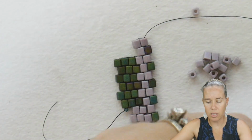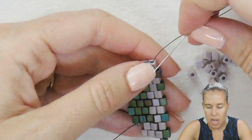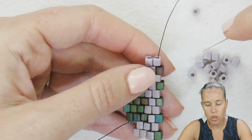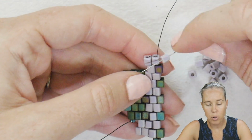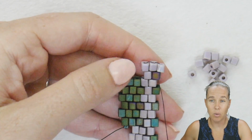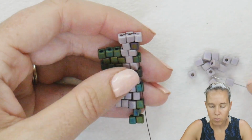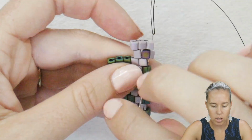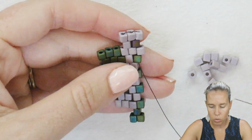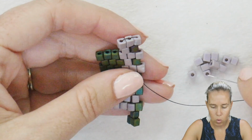And to do the decrease here, I'm going to go back in, and instead of turning right around and putting on a bead and then sewing through, that's going to continue on with my stitch. What I'm going to do, I'll do 1 row like this, and then I'll show you how we're going to decrease. So I have 1, 2, 3, 4,